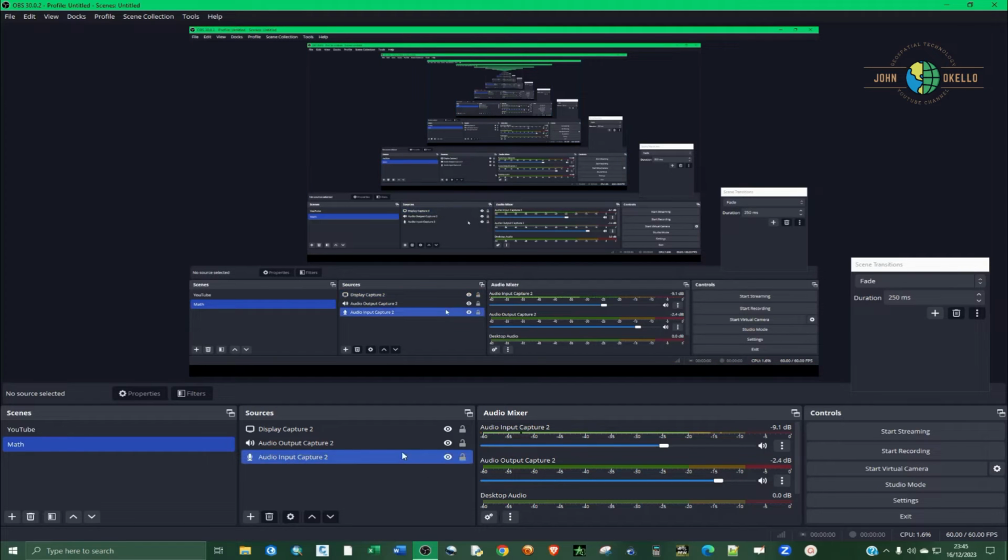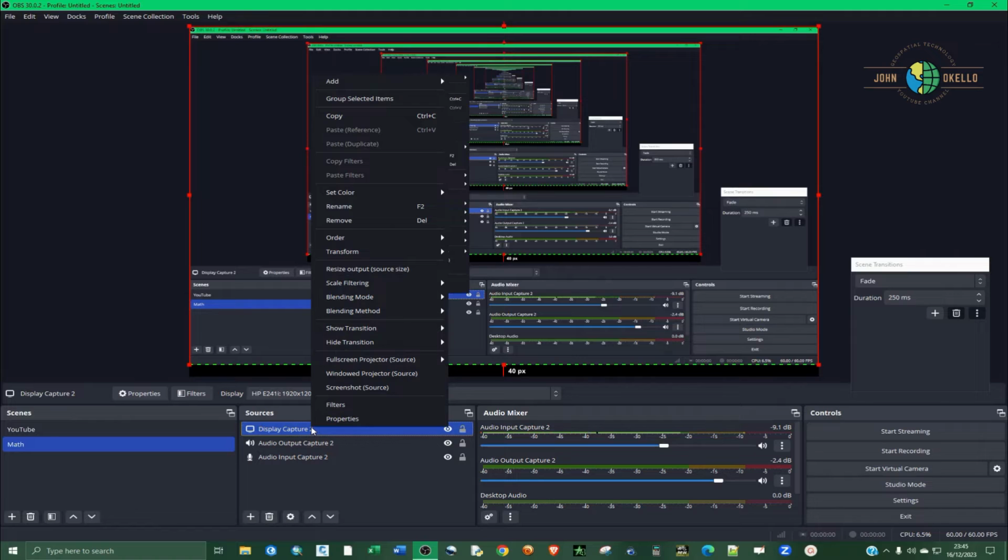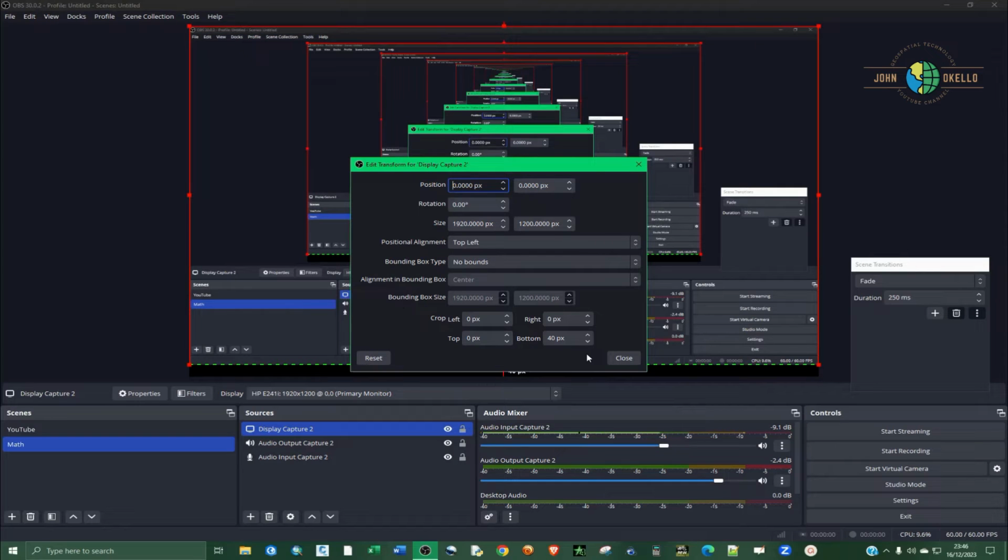So if you want to hide this, you can go to the scene. You can see that I have two scenes, math and YouTube. So let's say that you're using this math. Click on the display capture, or whichever name you've given to your display capture, and then right click on it, go to Transform, and then select Edit Transform, and then you need to, let